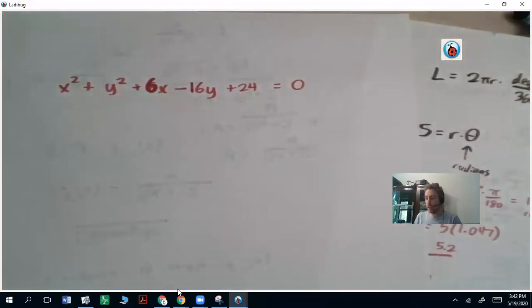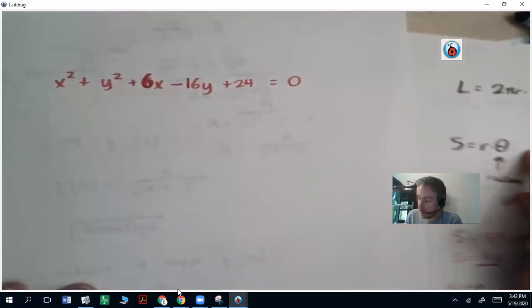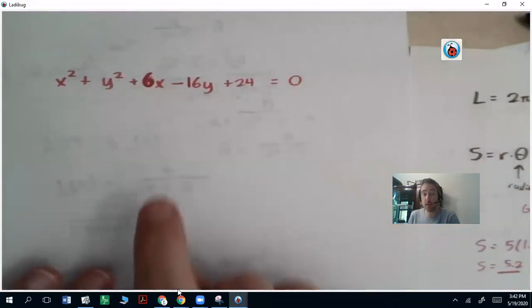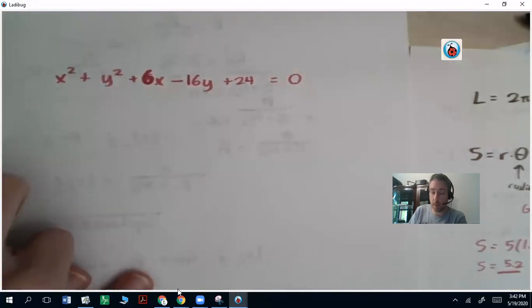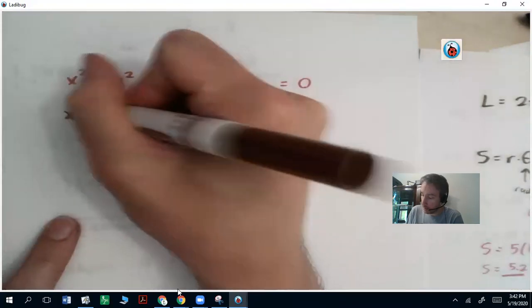All right, let's go over how to get an equation of a circle. This is in the general form. In order to get it into standard form, so we can get the radius and the center of the circle, we want to do the completing the square method. That method is going to require us to rearrange the x's together